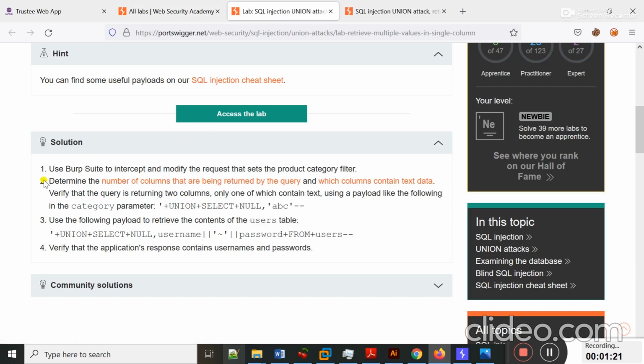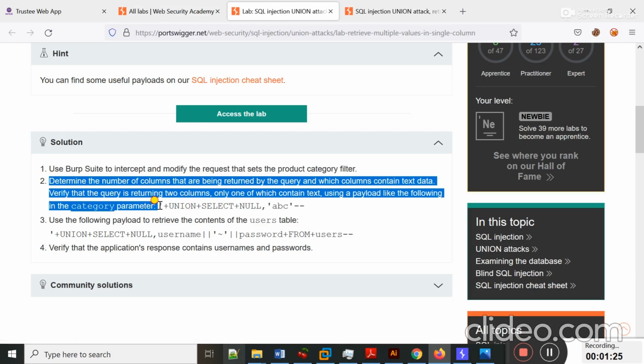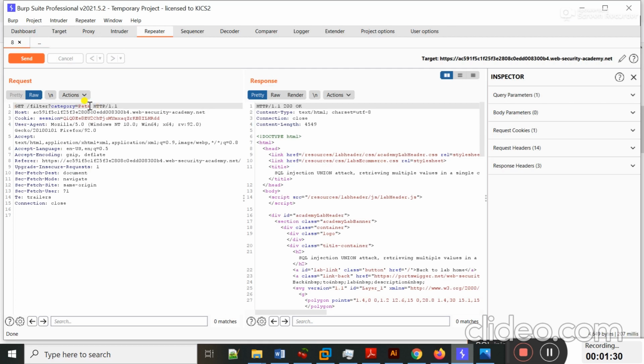Okay, in step 2, now students, I'm going to find which column actually contains text data. First, to find the number of columns in this table, I type a comma here, and then UNION SELECT NULL, and send my request to the Repeater.